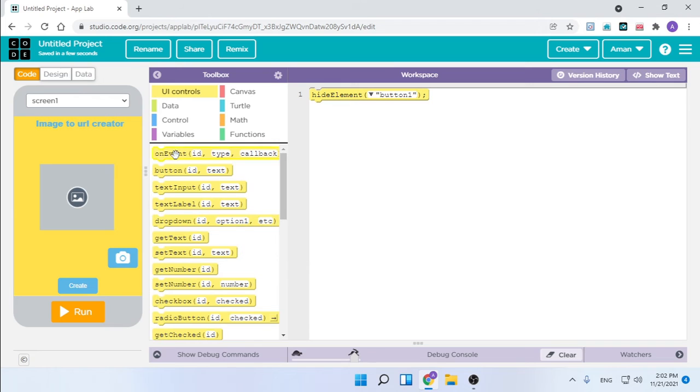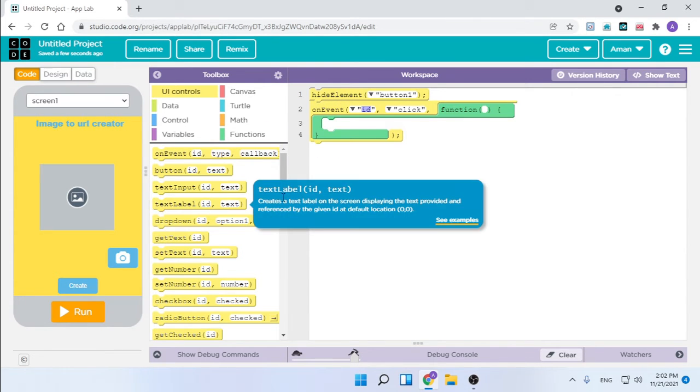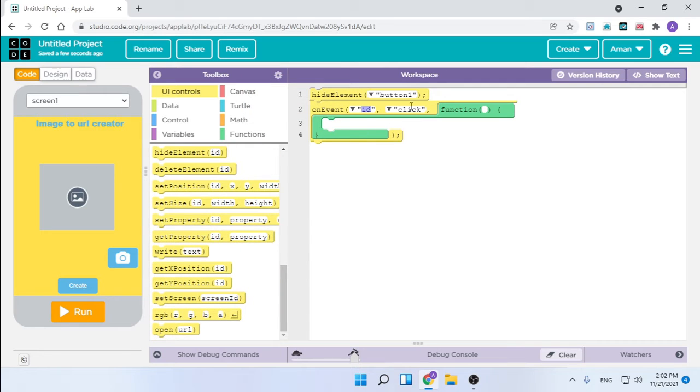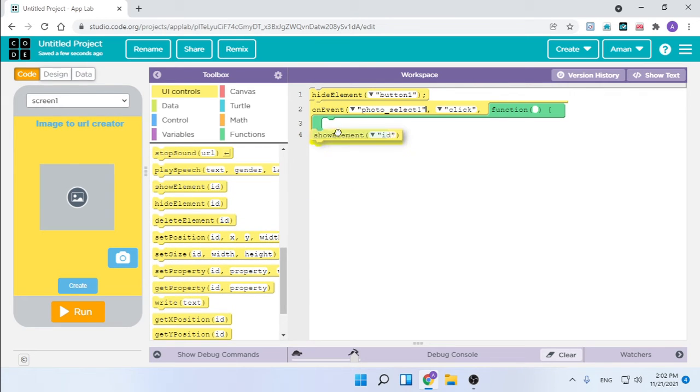Yes, and on event of ID photo select 1, click, show element ID button 1, and after this